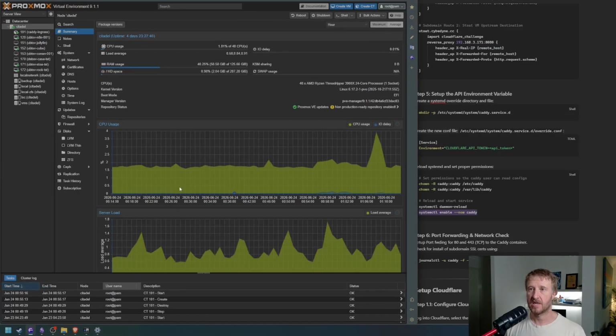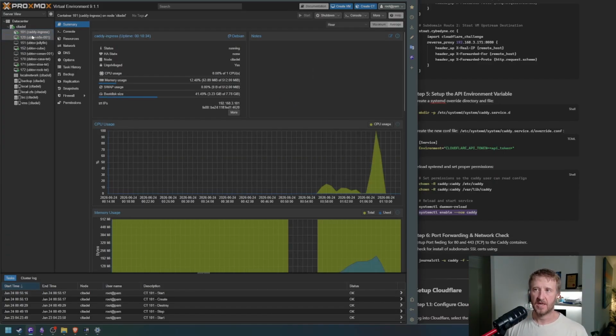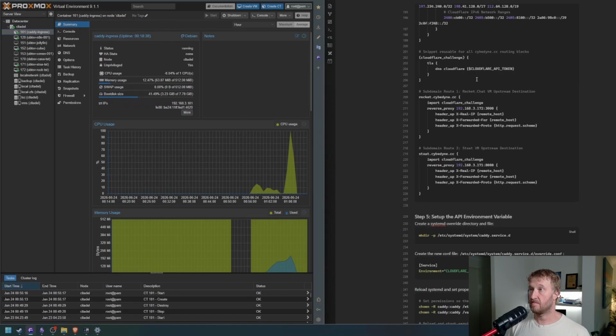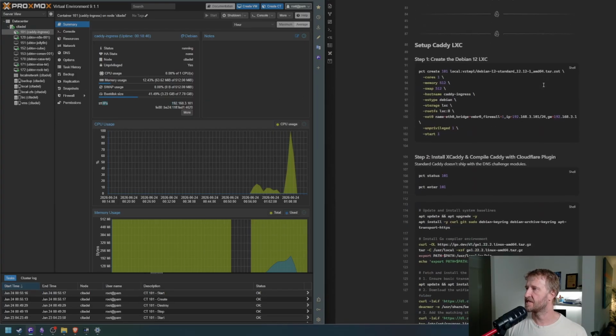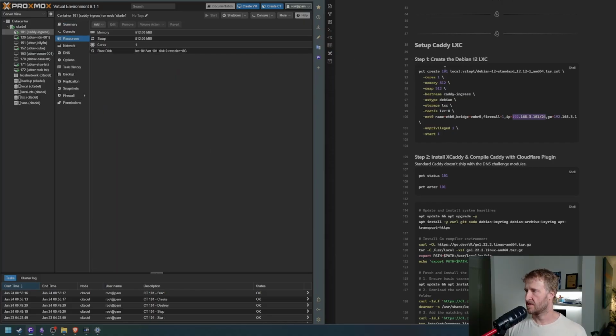Let's take a look at Proxmox, and as we can see here, these are the details that we set up at the very, very beginning of this in the setup command. We can see that number 101, it's also got 101 here. The IP information is also here. In terms of resources, you can see memory and swap, 512 megabytes each, one core,